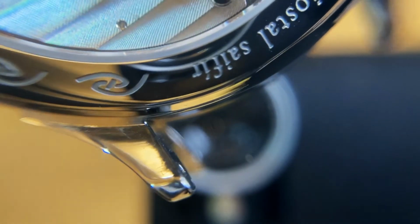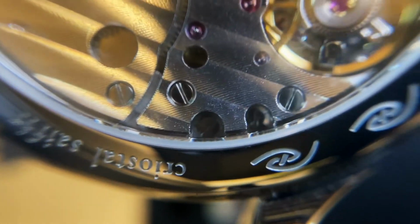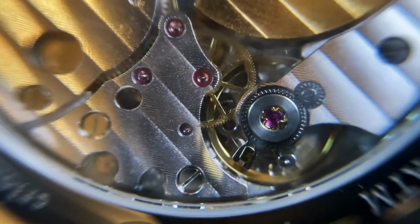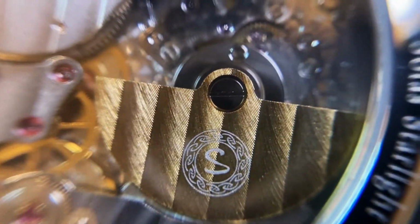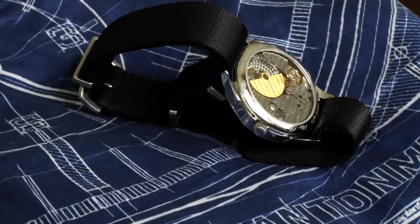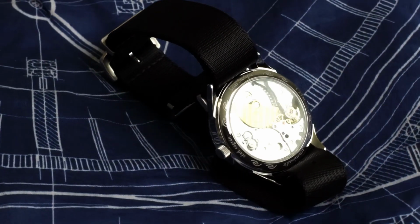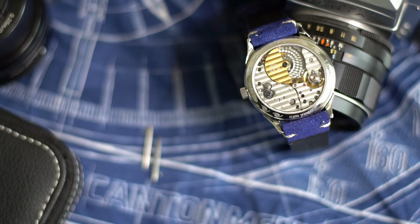On the back of the watch, we are greeted with the Hangzhou 5000A. This is a Chinese movement that beats at 28,000 BPH, has a power reserve of 42 hours, it's windable, but unfortunately it's not hackable, and it does feature a date complication. What's so unique about the movement, of course, is the micro rotor. Honestly, you don't see a lot of watches with micro rotors, especially not in this price point, and there's a